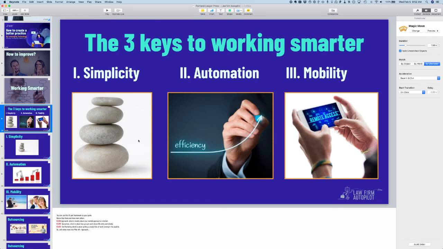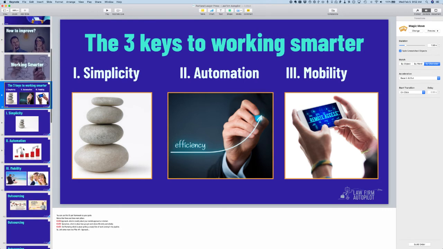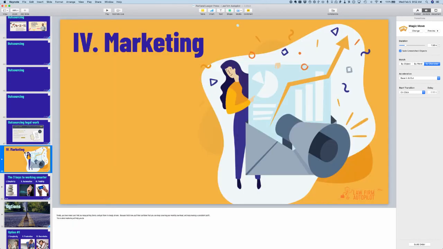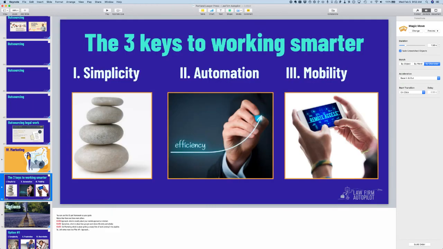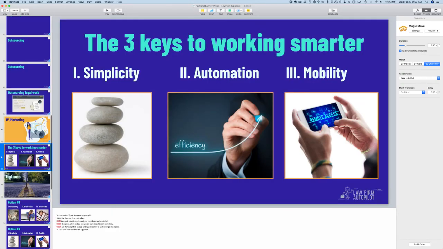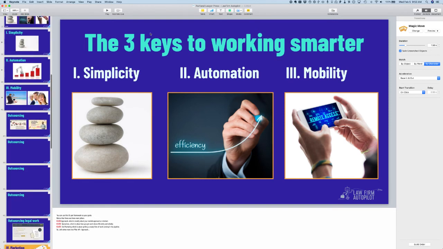And you want to have three. Marketing was a fourth. And the reality is, marketing I put under automation, but I don't know how much time I'm going to have. And so having marketing as slide 48 means that I can punch in number 48 and jump to it. Well, I mean, I'll wind up at it. And if I don't have time, because I'll know how long this part takes, I can just type in number 60 and jump to the end, and they won't even know that there was going to be a discussion about marketing. So those are just kind of some of the cool things that you can do with PowerPoint